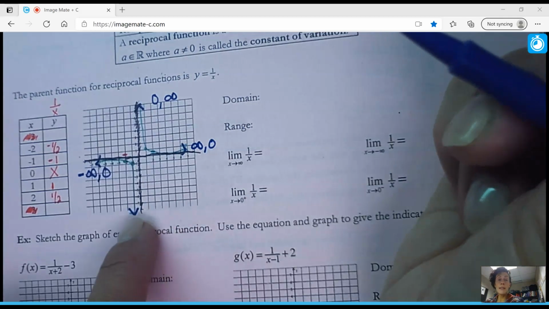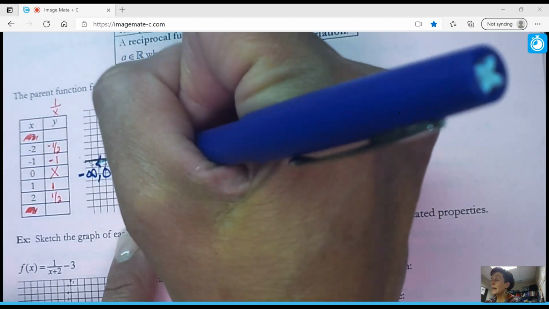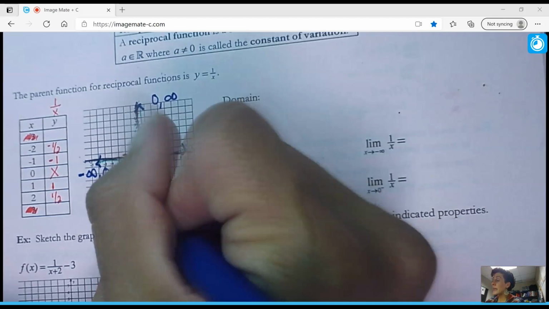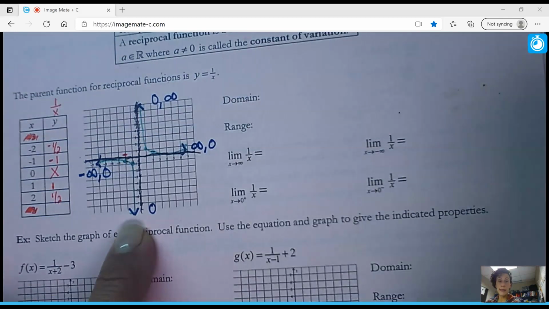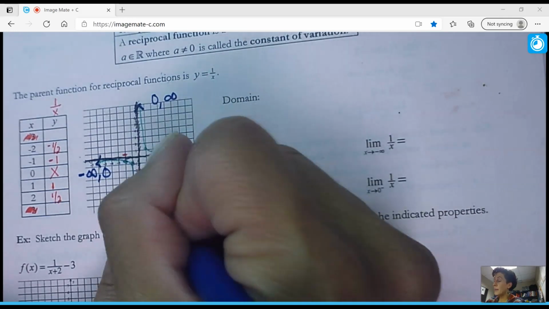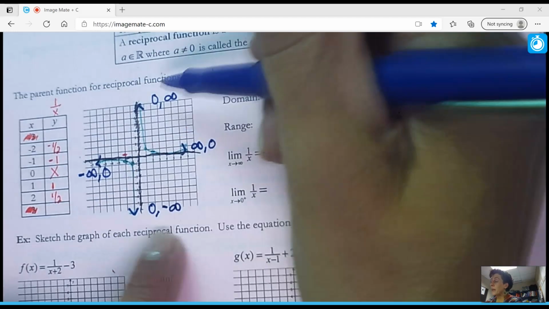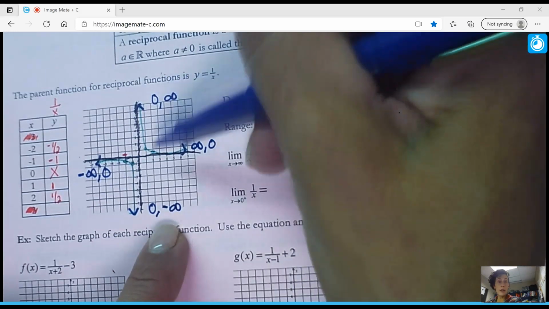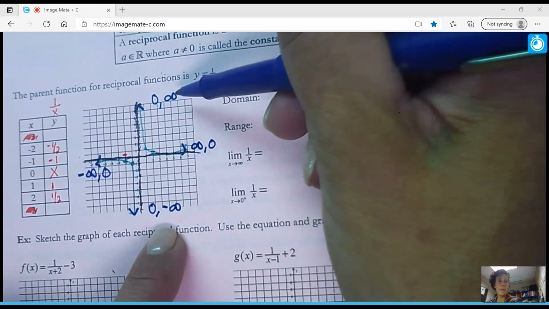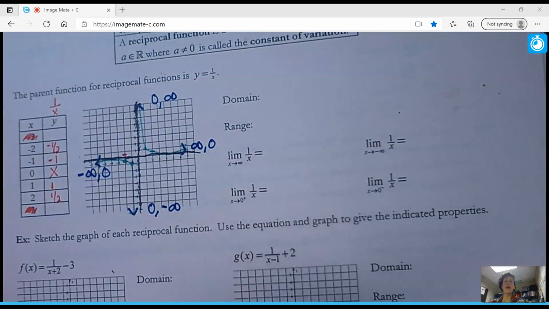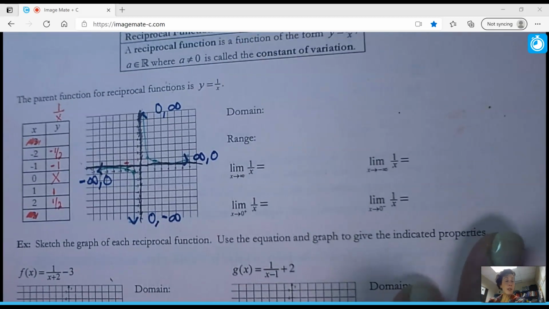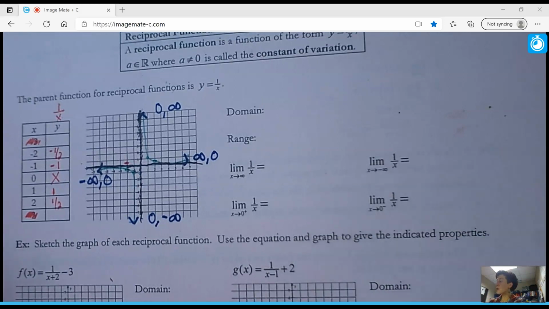And then when you look at this arrow, as you're working towards this arrow, it's going right and going down. It will get stopped going right at this wall, but it won't get stopped going down, so negative infinity. So if you notice this pattern, these are almost the same, except a positive versus a negative infinity. So now when we talk about domain and range, we're going to have two domains and two ranges because we